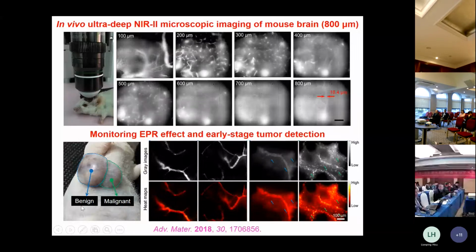We utilize this feature. We inject our nanoparticle into the blood vessel of the mouse. If we look closely, we know this is the tumor, but the picture here is very clean. That means this is the benign one. However, with the malignant one, you can see there are a lot of nanoparticles outside of the blood vessel, because the nanopores enable our nanoparticle to come out from the blood vessel. By doing this, you can tell which one is malignant and which one is benign.